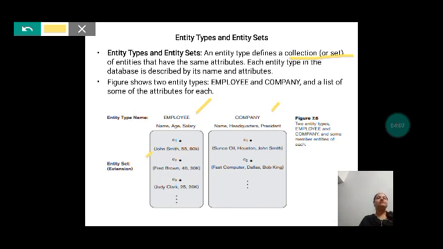We are entering only the name, age, and salary. That is, entries for the same attributes. This is a collection or set of entries that have the same attributes.